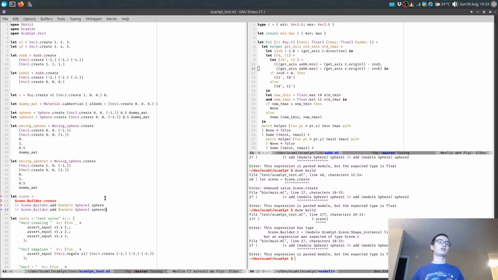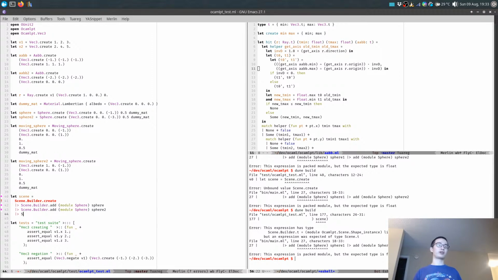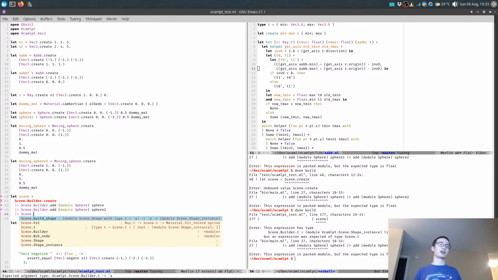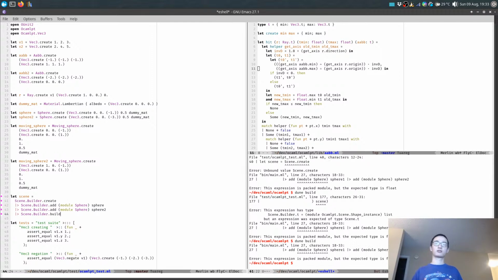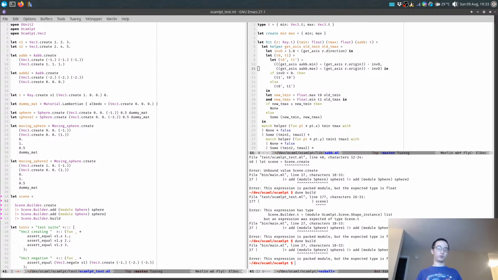We haven't built the scene yet, so this scene variable actually has the builder type. And I think we fixed everything inside the test. All those scene builder things are a bit verbose, so